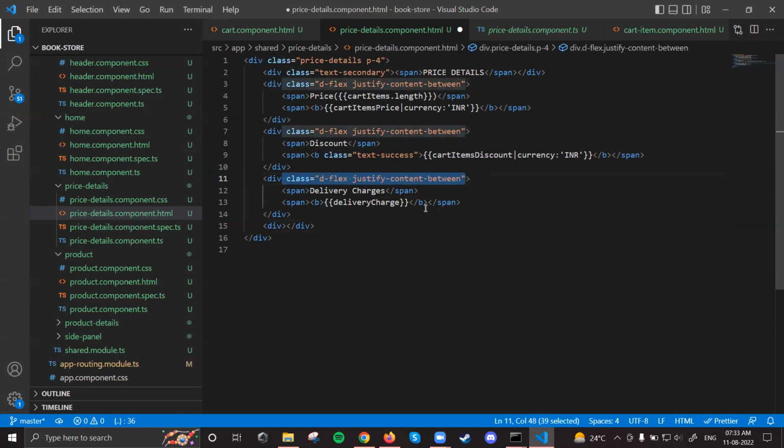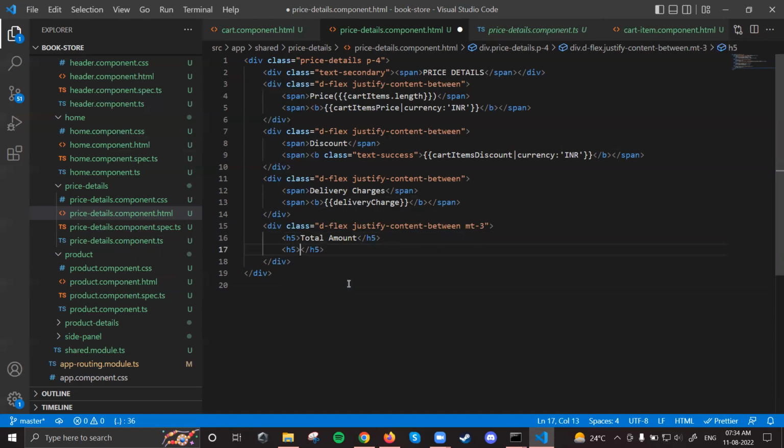Same class and add it here, but we will add a little bit of gap in between. For that I'll put an empty div, margin top 3, and then we can write it in big fonts. Total amount,